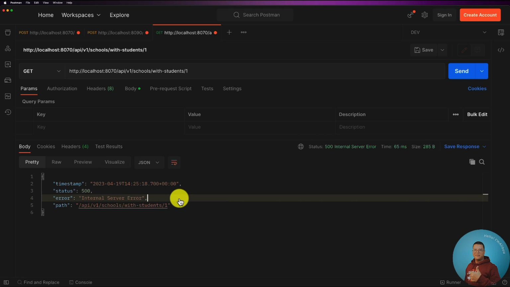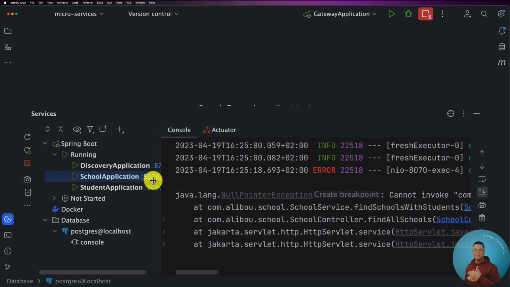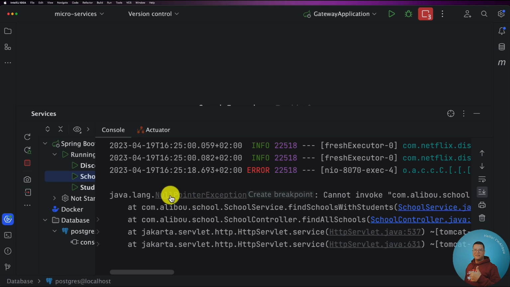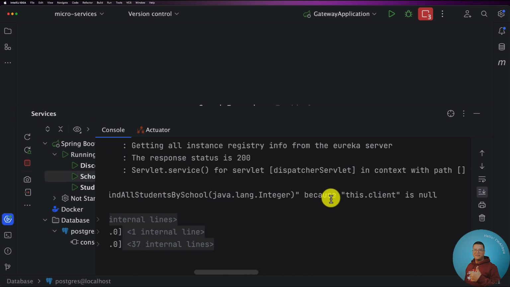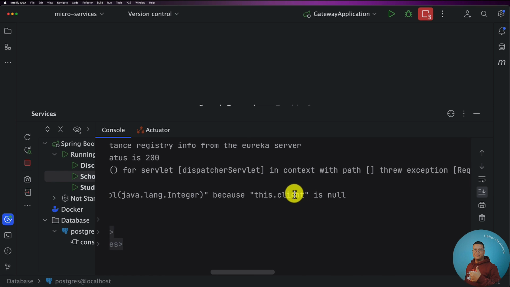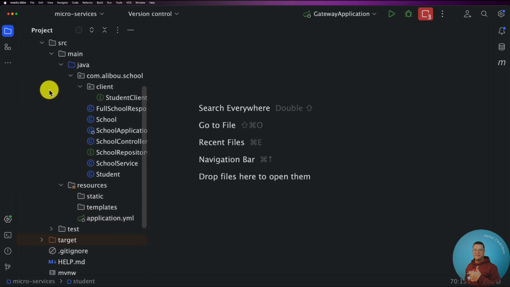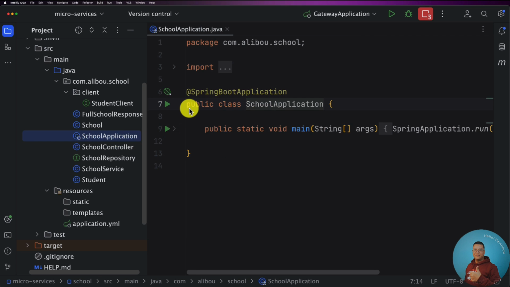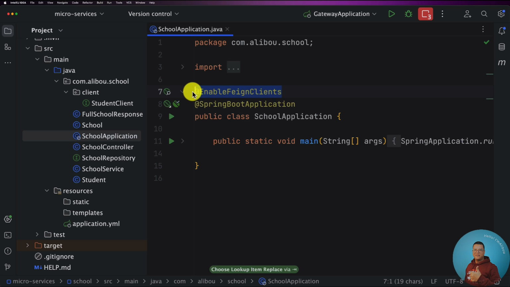So let's go and check this. So here, just click on the application that you want to see the logs from. So it's the school application, and let me make it a bit wider. So here we see that we have a NullPointerException, which says cannot invoke this StudentClient findAllStudents, and so on and so forth, because the client is null. Even though we injected this bean, we are missing something. So let's go to our school application. And here within the school application file, we need to enable Feign clients. So if you don't add this annotation, you will not be able to run or to execute any of the